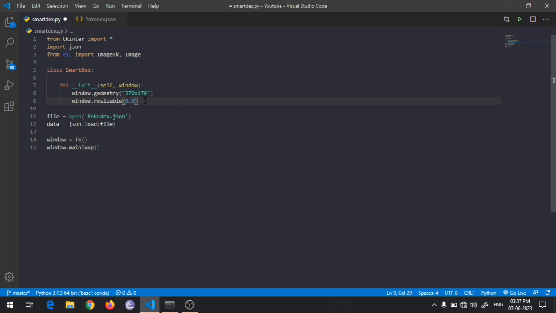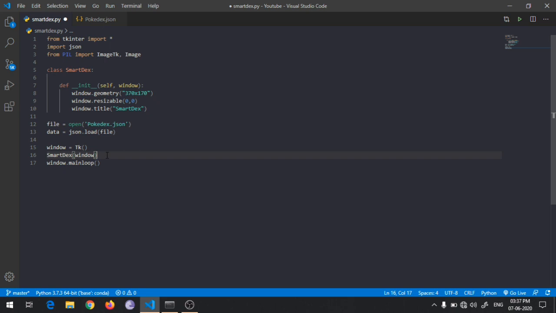So vertically or horizontally the user cannot resize this window. We will give a title to the window, that is the name of the project. So there's that. I will go ahead and pass this window, that is the root element of Tkinter, to the class.